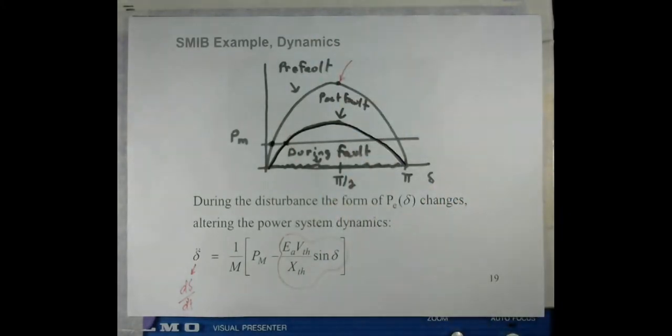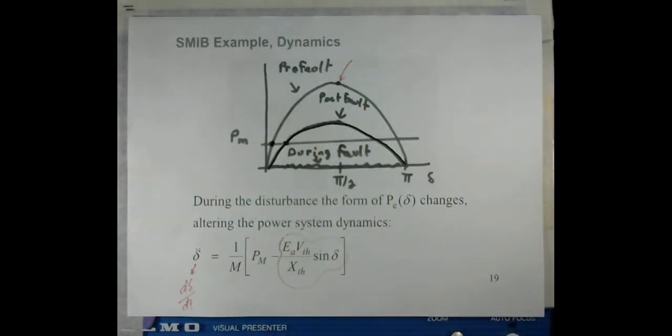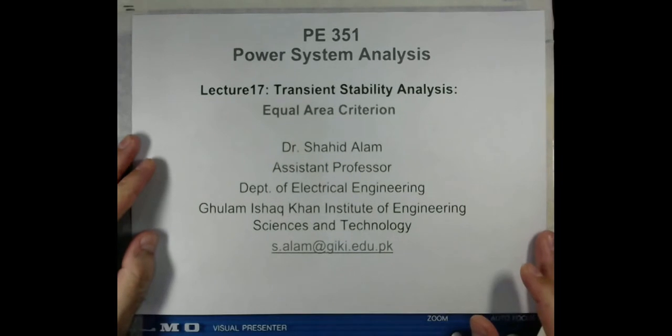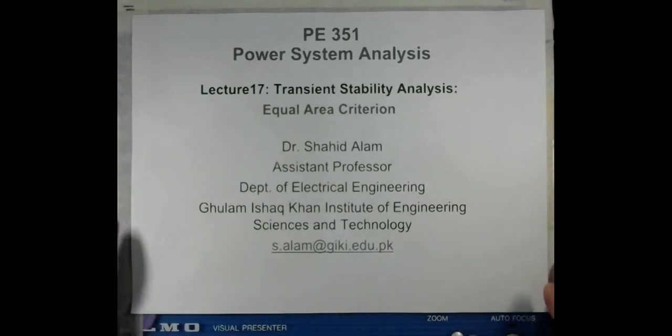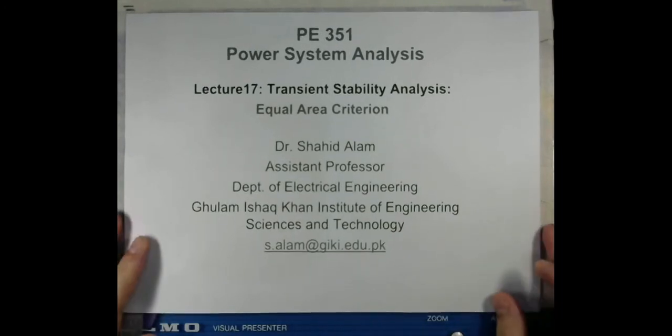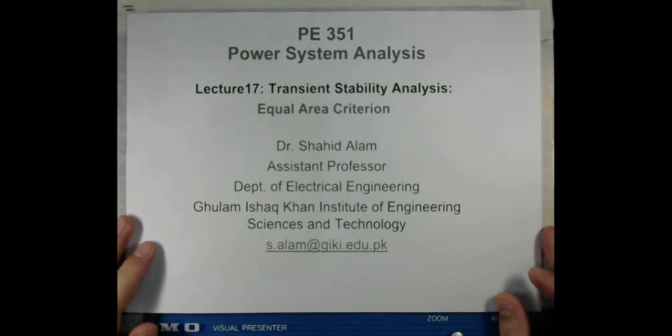So we discussed in the first lecture stability in general, and we talked about the swing equation, and then we also discussed some more concepts. As I mentioned, for carrying out the stability analysis, one method is the numerical method, and the other method is basically the equal area criteria. So now I have revised the contents of the last lecture, and now let's discuss today's lecture, to end this discussion on the stability analysis as well as to end the course.